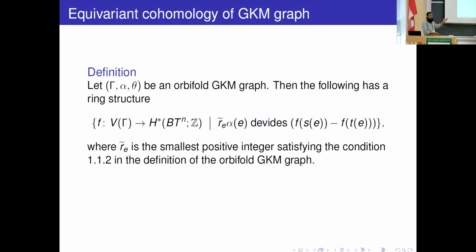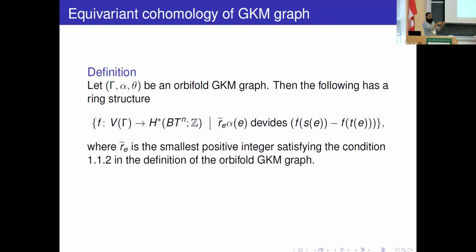Therefore, it gives the combinatorial definition of some rings. What we are considering is the set of all maps from here to here, so that means some elements here. But now we restrict that. So what happens in the GKM manifold case? If we have an edge, this is a fixed point, and the fixed point has a tangent space. Since it is a fixed point, we have the tangent representation of the torus on the tangent space. And since it is complex, we have a one-dimensional representation. So each edge will represent that representation, right?